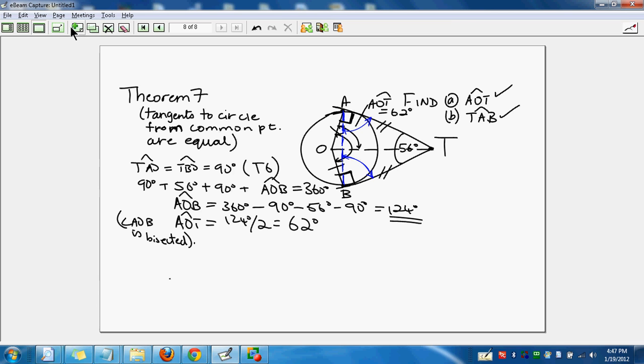So if we make our lives easy and we call this angle here theta, and we call this one here theta as well, then we could solve very easily for what our question is, which is TAB. We are letting TAB equal to theta. TAB, that angle there, we are letting that equal to theta. So if we consider